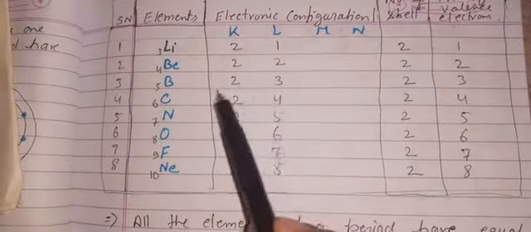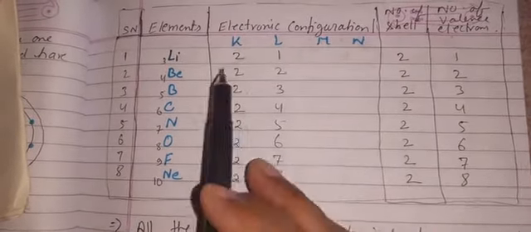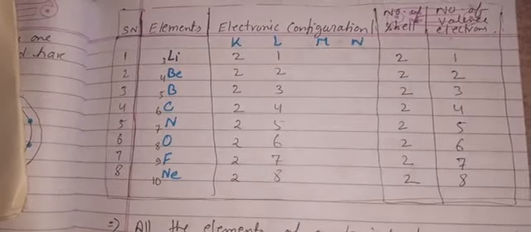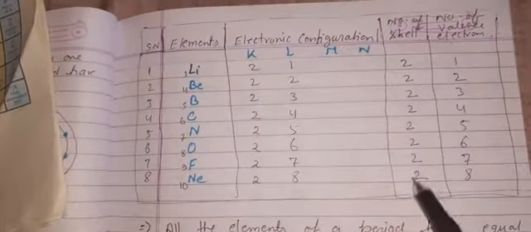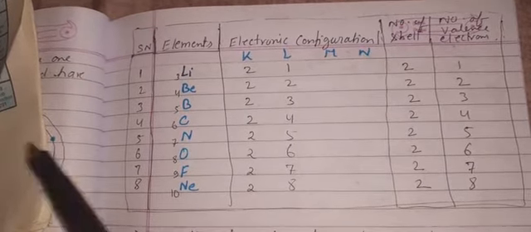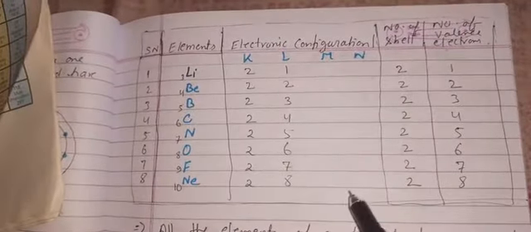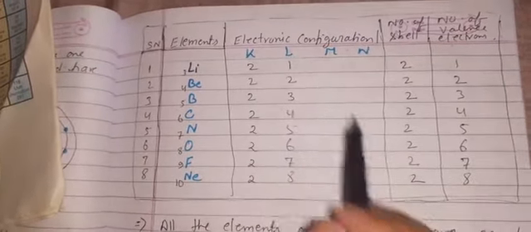So these all are of second group elements. Sorry children, this is second period elements. We have shown you the table of this period, that each element has 2 cells. See, I have shown you that the number of cells in each element of this period is 2, 2, 2, 2, 2. Similarly, if you check the third period, you will see there are 3 cells. All the elements have filled only 3 cells.